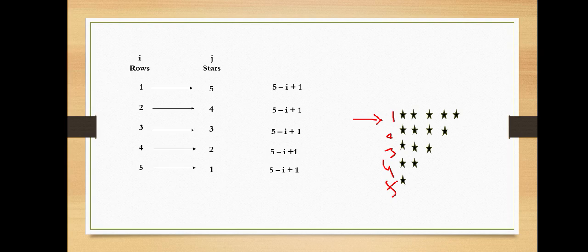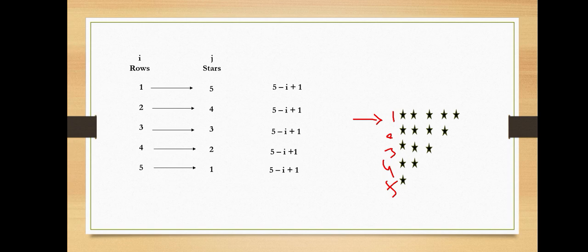In our previous class what I told, j value is less than or equal to i, but here the condition is different. The values of j are in reverse order, that means 5, 4, 3, 2, 1. Now what I am going to use is 5 minus i plus 1, where in place of i I am going to represent the row numbers 1, 2, 3, 4. In the first row, 5 minus i plus 1, that means in place of i, if I represent